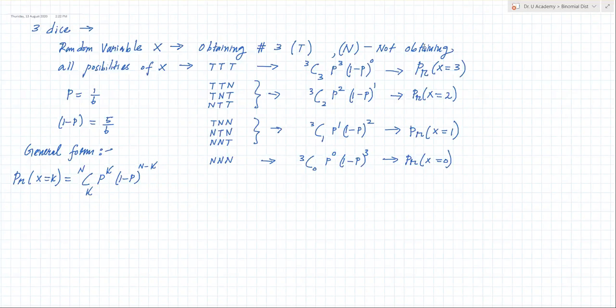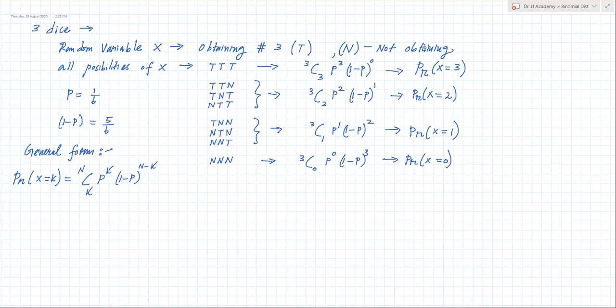Now understand, in this business there are a few notations. X is a random variable, you have to understand variable. X is a variable. It's a random variable. Why do we call it a random variable? Because randomly chosen. Our requirement is to see number 3 on the die when you roll it. Our requirement is going to be converted into a variable, which is called random variable X. So my random variable X in this experiment is obtaining number 3 on a die.